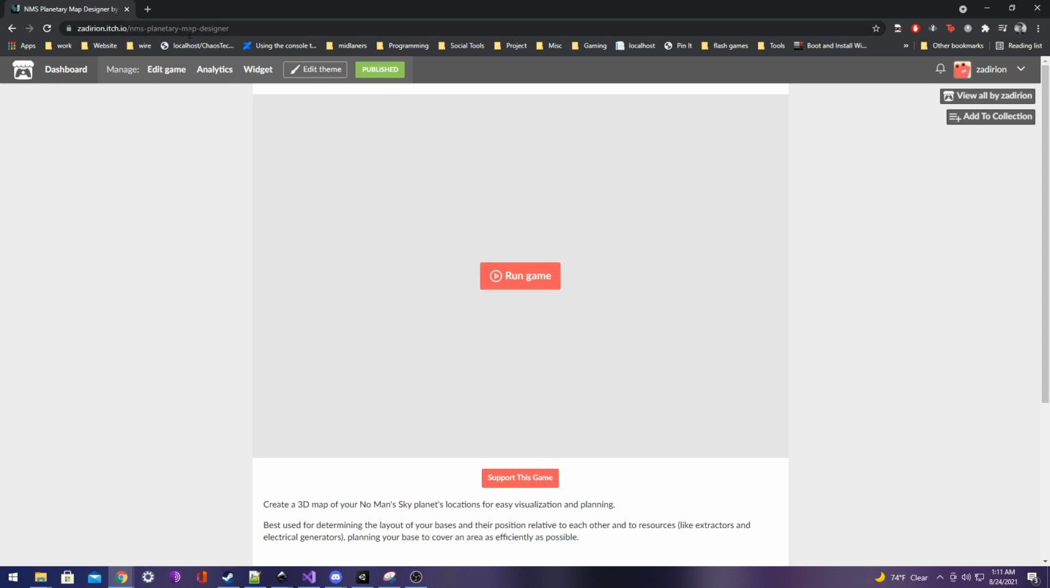Here's a quick tutorial on how to use NMS Planetary Map Designer. This tool, you can find it on edge.io and you can use it in No Man's Sky to find the best spot where to put your base such that it reaches both your electrical source and your mining spots and wherever you want to deliver those resources using your